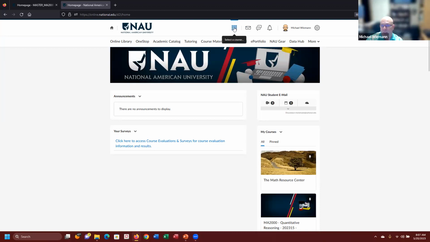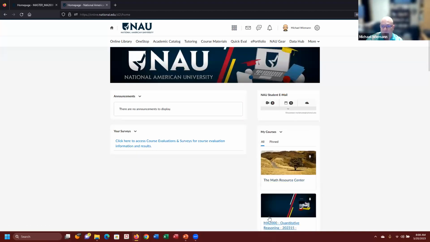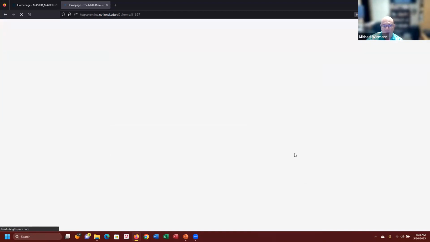You can click the nine squares up here, and inside your class list there should be an entry that says Math Resource Center, this MRC 007. That is the mechanism to get into the Math Resource Center. Odds are, if you have this widget on your main screen, you can also enter that way. Either way gets you into the Math Resource Center. It's a separate class portal than the MA2000 class you're currently enrolled in. So you'll click Math Resource Center.